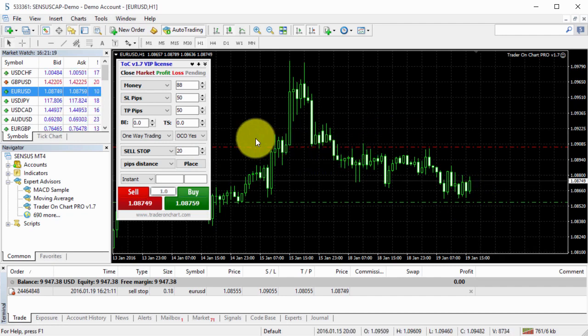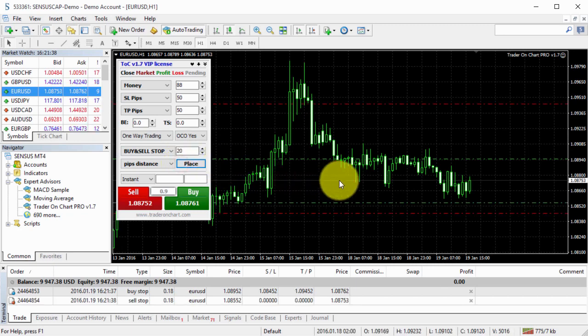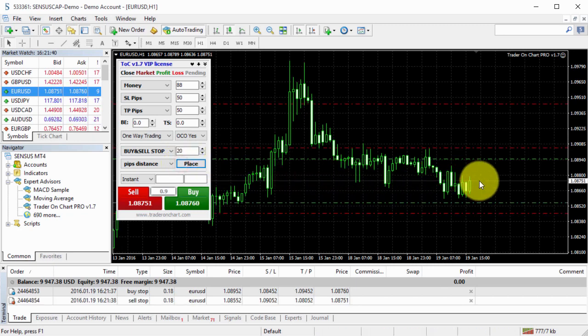Obviously, it adds a stop loss and take profit as well. Now, the cool thing about this is that you can choose buy and sell stops. And if I decide to place at 20 pips distance, it will happen like this. I click place button, and it will place a buy stop 20 pips above and a sell stop 20 pips